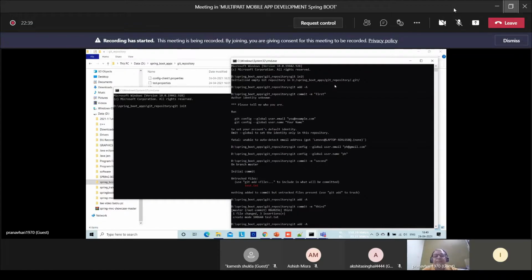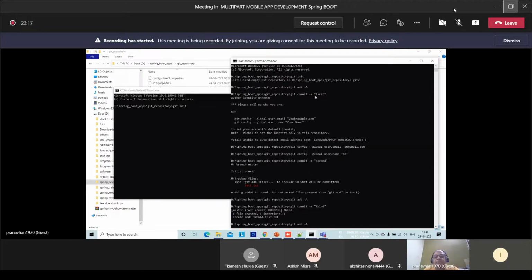Once that's done, you say git add -a. This is the command. This command says that all the content of this file, that repository file, is added to the Git repository. And once you do any changes, you have to do the save operation. That is called commit. So for that, you have the third command, git commit.